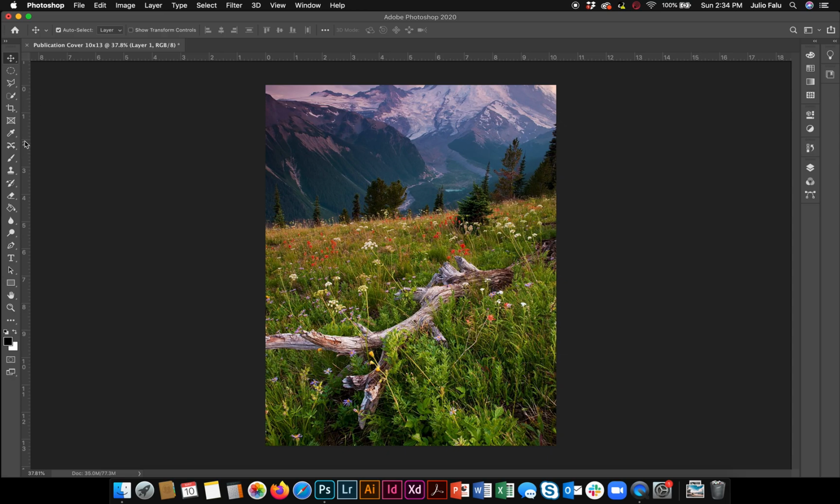And the content aware tool is about the eighth tool on your toolbar on the left. If you click and hold, you will see that it's located where you have the spot healing brush and the patch tool as well. So it's this little cross arrows that looks like an X. And the way this works is all you have to do is just trace around the object that you want to remove, and Photoshop will actually take textures from around it to cover it up and seamlessly make it look like it wasn't even there in the first place,